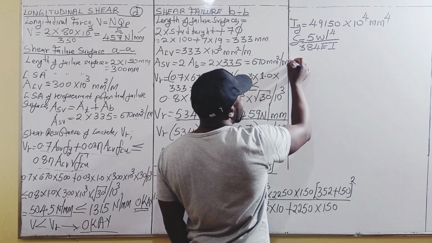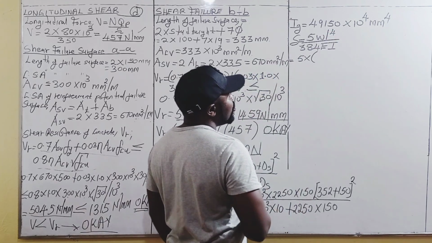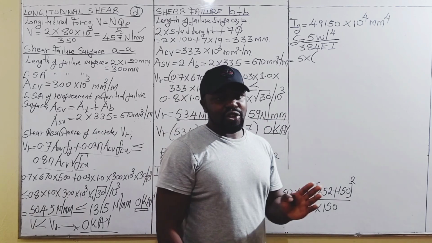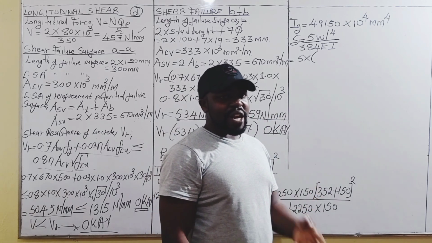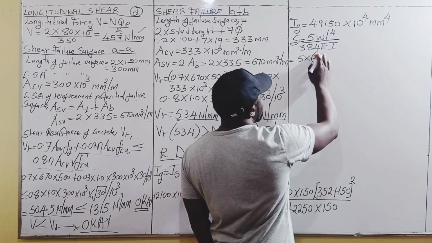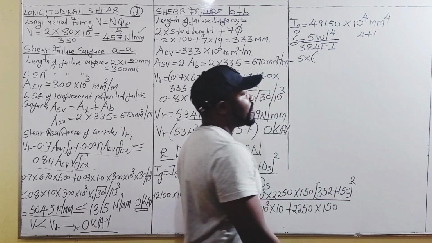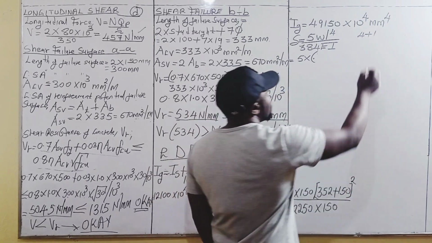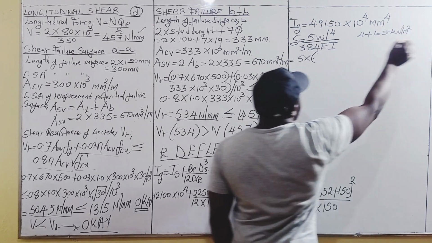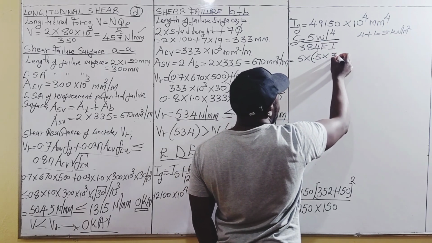In this case, W will be given by the total imposed load. We have 4 kilonewtons per square meter of imposed load plus 1 kilonewton per square meter of partitions, which is 5 kilonewtons per square meter. Therefore, W will be given by 5 multiplied by the span, which is